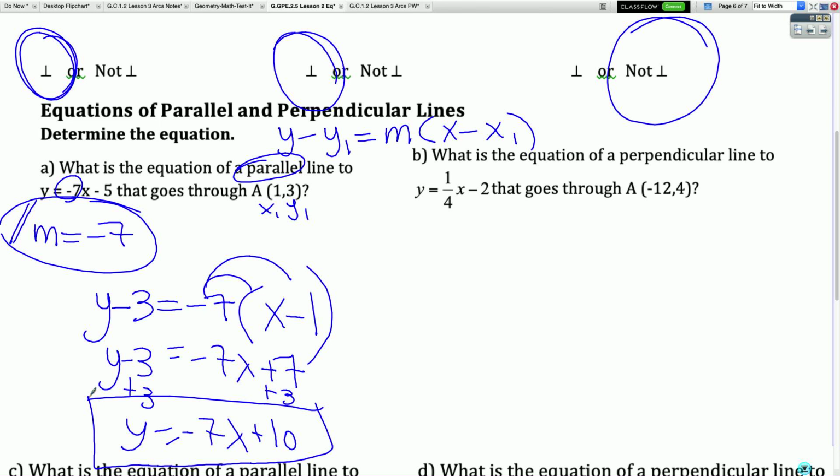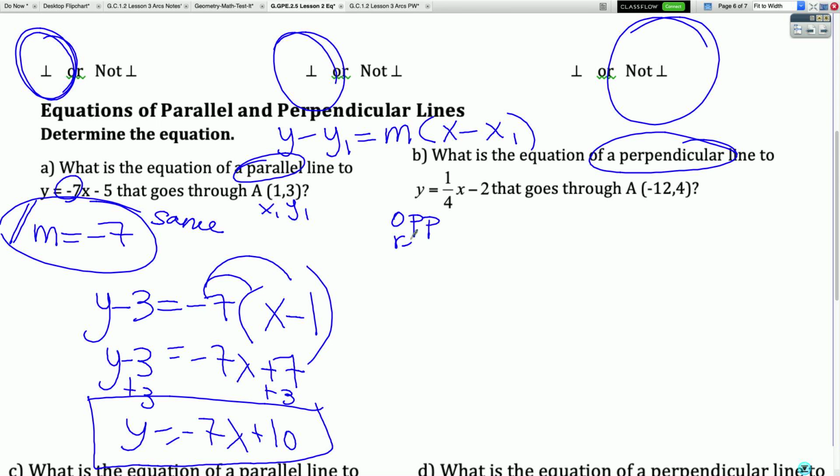Okay, so keywords to pull out are perpendicular or parallel. If it's parallel, we use the same slope. Let's look at our next one. This says write an equation that is perpendicular. What are perpendicular slopes? They intersect at 90 degrees. That's the definition of perpendicular, but what do we do? Look back at that vocab word at the top of your page. They are opposite reciprocals,